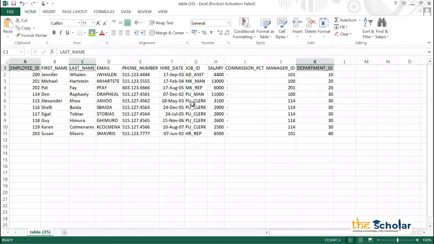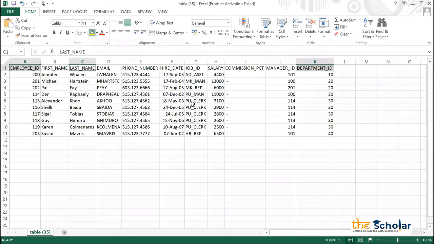Over partition by department ID. I am doing some partition by department ID. That means for 10, I have only one record. For 20, I have two records.